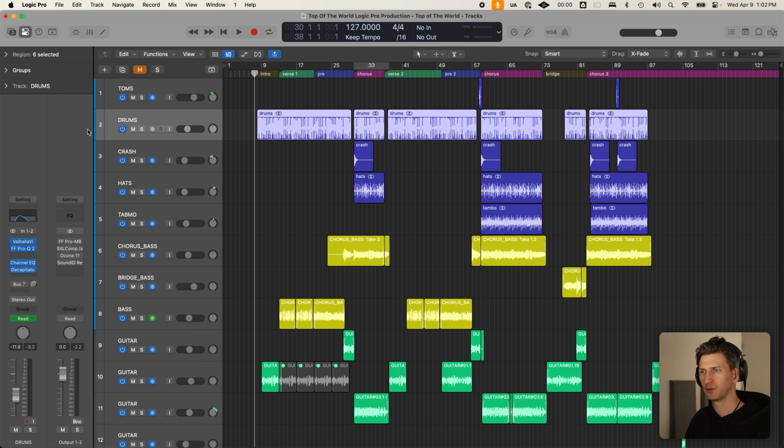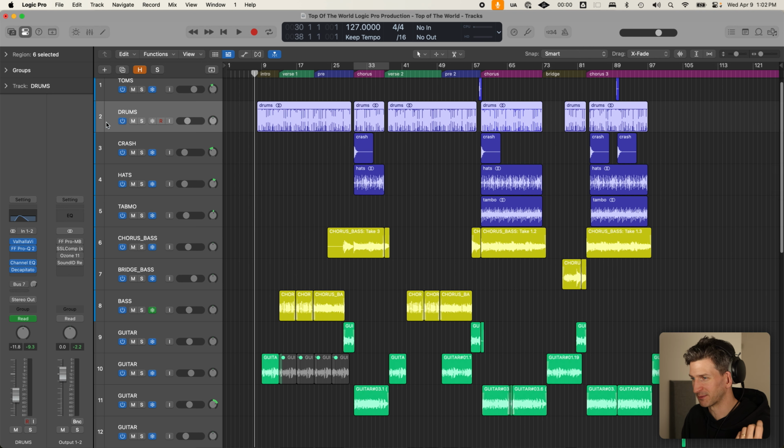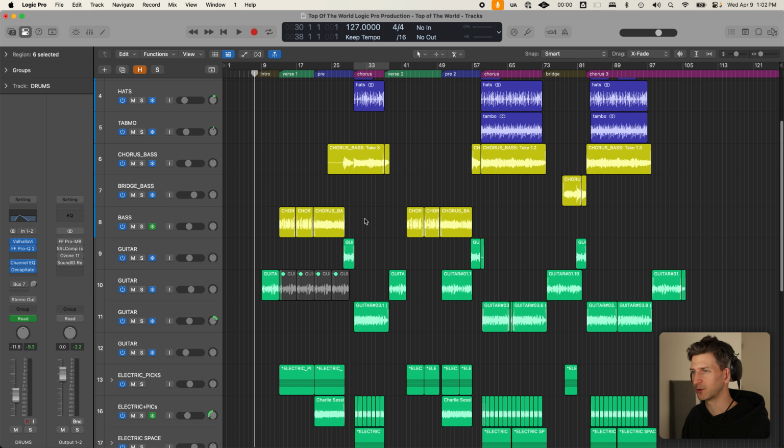So it could be you level it around the drums. It could be that you level it around the vocal. I would suggest that you do drums or vocals or your key foundational element. You're not going to want to level your whole track around your hi-hats or something, or, I mean, you can, but I would choose something